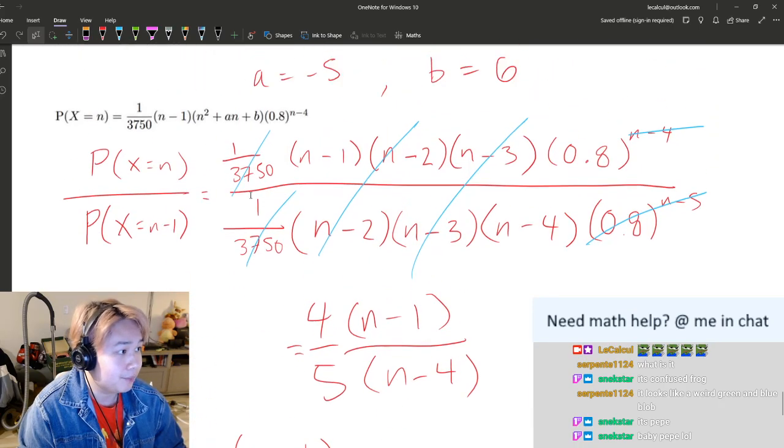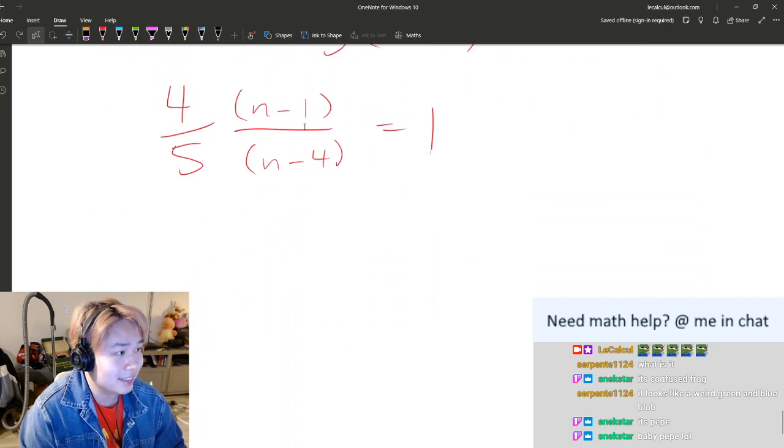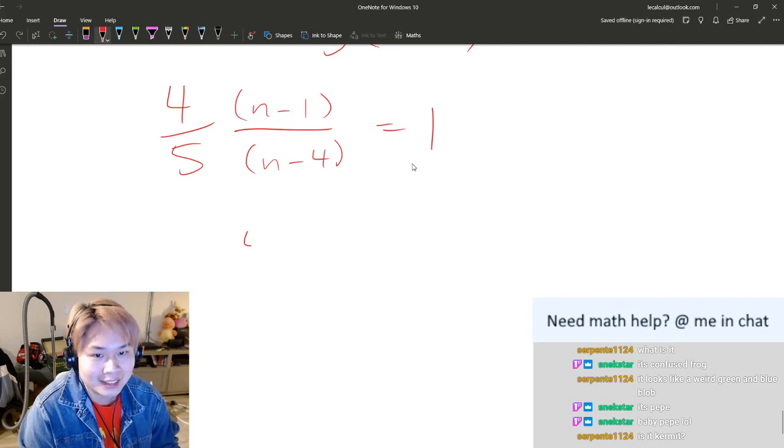But anyway, so if we were to take the ratio of two probabilities and set it equal to 1, that implies that there's two with the same probability. No, it's not Kermit. Which means that there's two modes. So if I solve this,